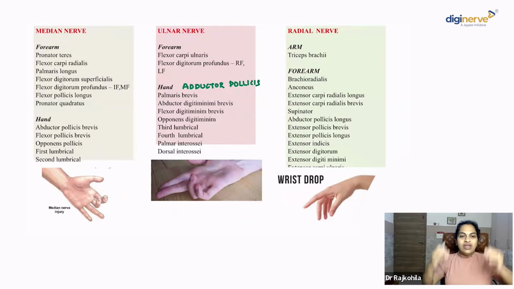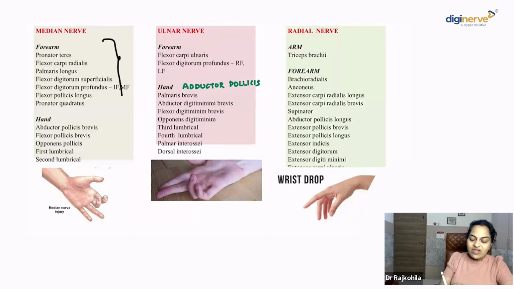So this is a summary of the nerve supply of the important muscles. Or on the other way, there are three important peripheral nerves in the upper limb which are frequently tested: median nerve, ulnar nerve, radial nerve. If you try to summarize the muscles innervated by these nerves, you can see that the median nerve innervates most of the muscles in the front of the forearm, right? And the LOAF muscles in the palm, right?